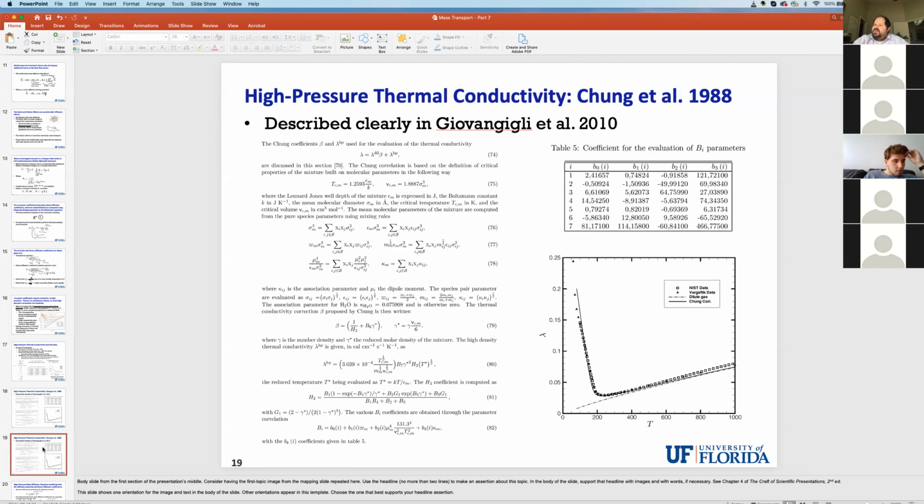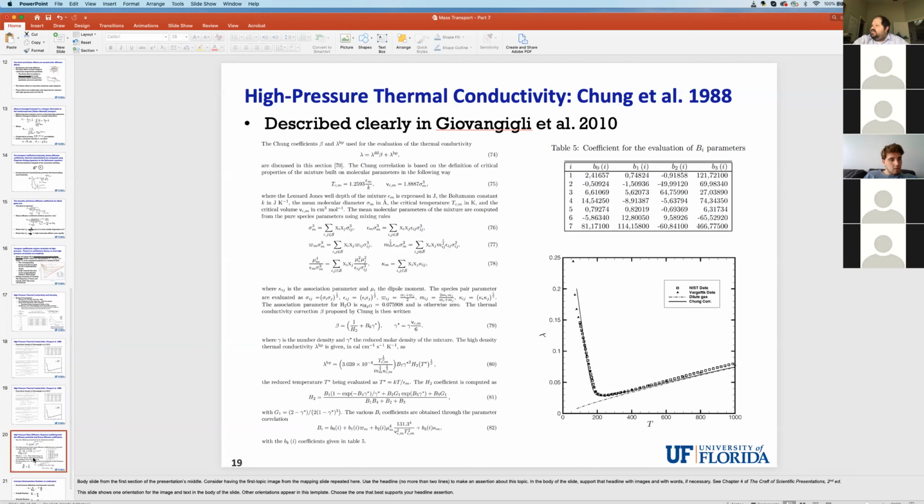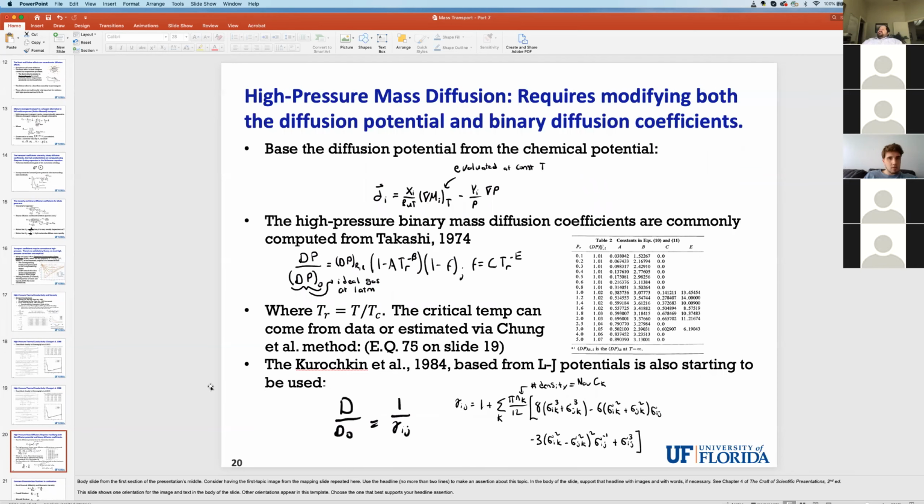And then, okay, there's that. High pressure mass diffusion requires both modifying the diffusion potential and the binary diffusion coefficients. So it's kind of a double whammy. And here you base it off of the more general diffusion potential, where it's just the mole fraction of species i divided by R_u T times the gradient of the chemical potential. And this gradient of the chemical potential is evaluated at constant